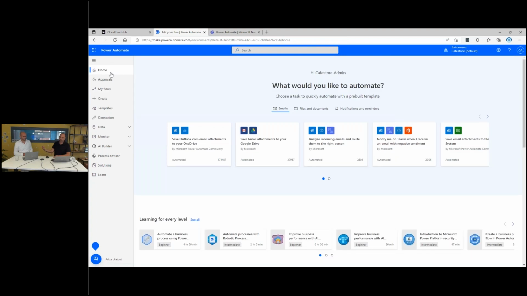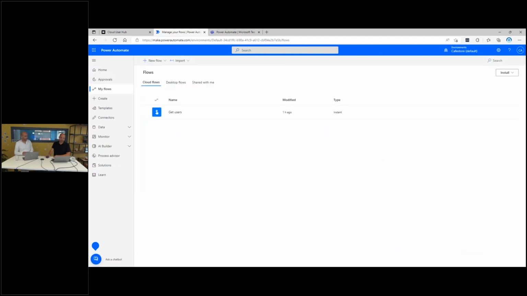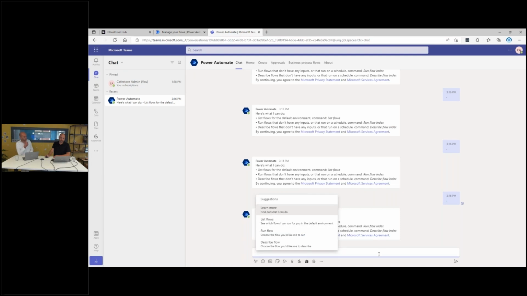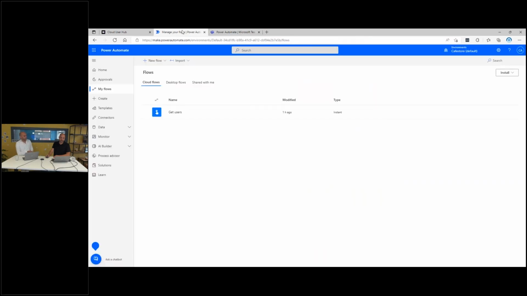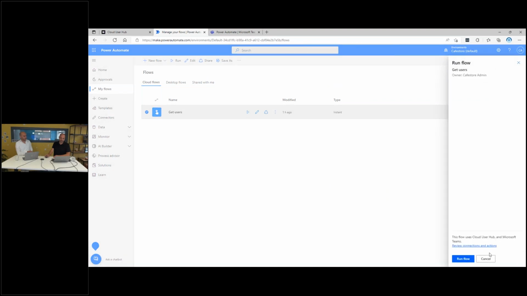So think about what you just mentioned about the NCE. You could build an approval flow that pops in an approval in Teams before you can actually buy the subscription, for example. Now, this is Teams. Here we are. This is my chat window. Let's see if we can do this. Execute the flow.